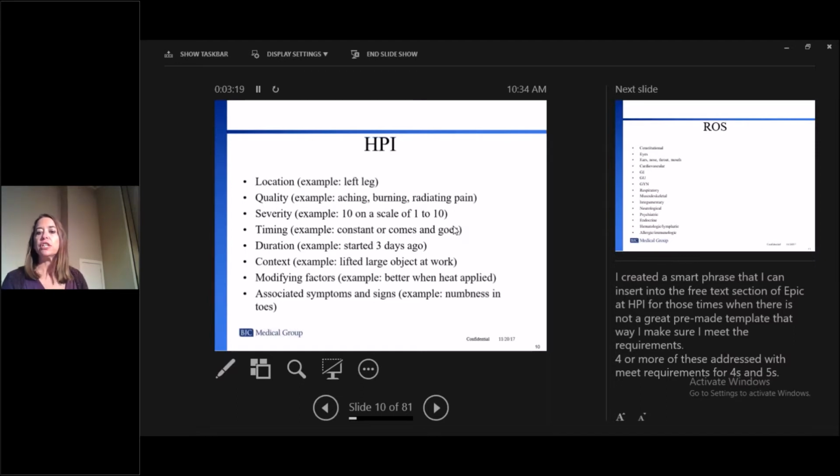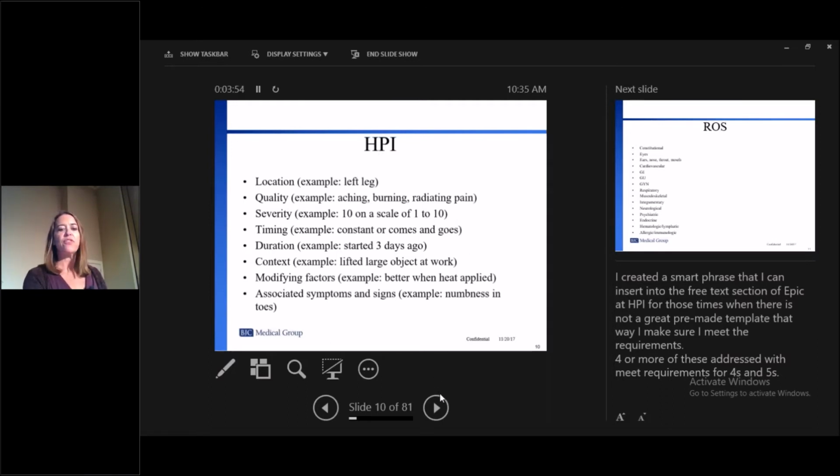Just so we're clear, 4 or more of these addressed meets a 214 and a 215 visit, okay? So if somebody's coming in for a sore knee, you're going to document that it is their left knee, that it's an aching pain, the severity is a 7 out of 10, and it hurts all the time. Even if you don't discuss that the ice and ibuprofen is helping, those are just some additional things. So you need to meet at least 4 of those